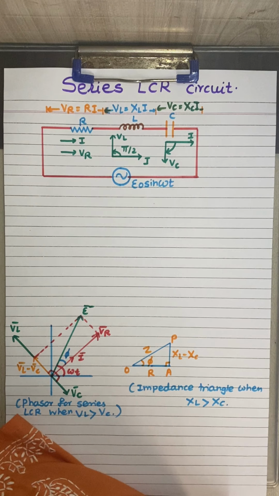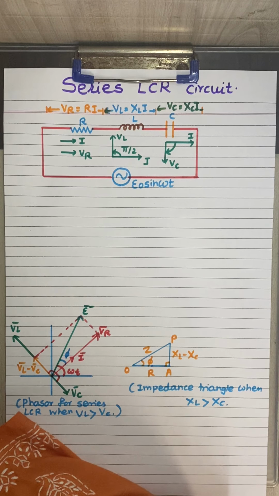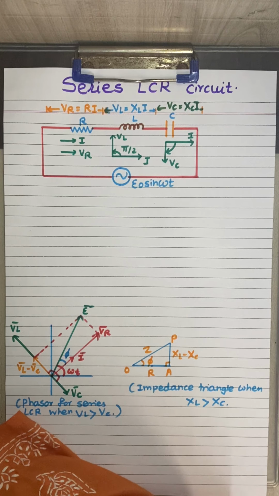Good morning, children. Up to now we have studied alternating current circuits with the different components. We have studied the purely resistive circuit, the purely inductive circuit, and the purely capacitive circuit, and how the relation between the instantaneous current and the instantaneous voltage is generated. We have also studied the different phasor diagrams for the different components.